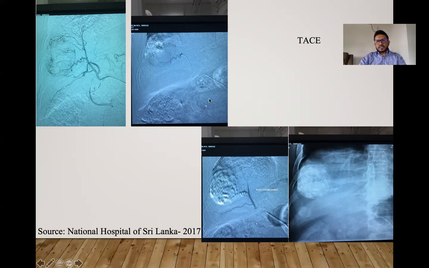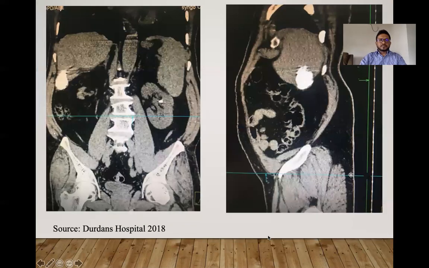Then there is always reflux into the other branches, which will ultimately be knocked off by itself with the lipidol cast. And you can see that after the ablation, the embolization, the lipidol cast is within the lesion. It's very nicely seen. And this is the follow-up CT. You can see that the density of the lesion is very good with the lipidol cast, and there is no